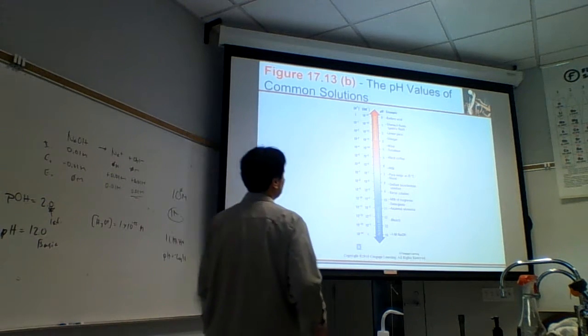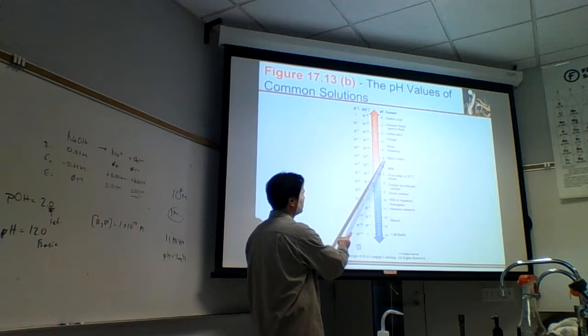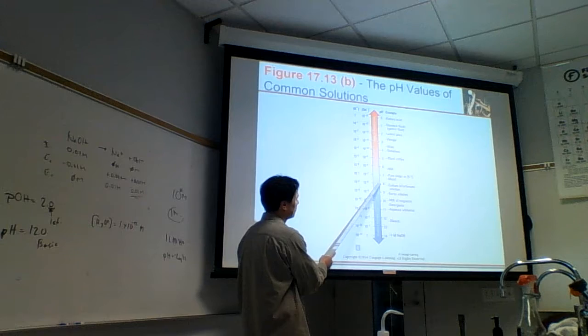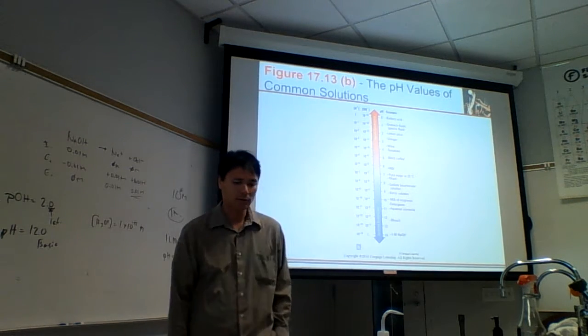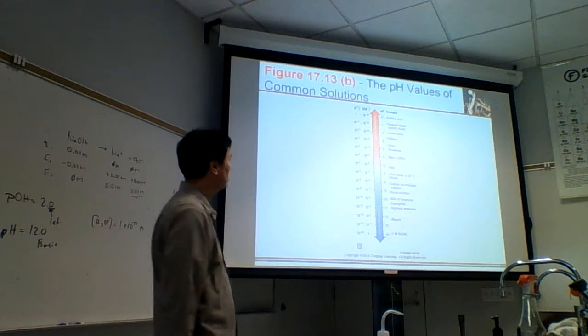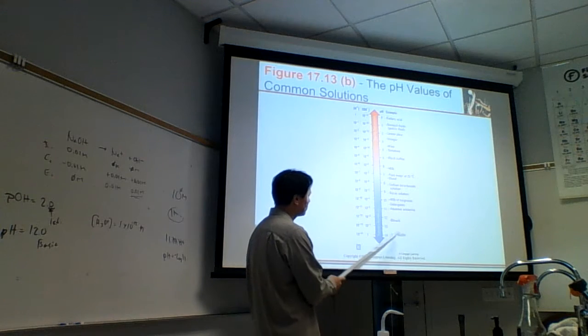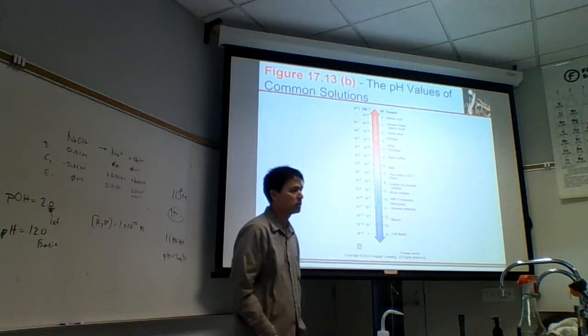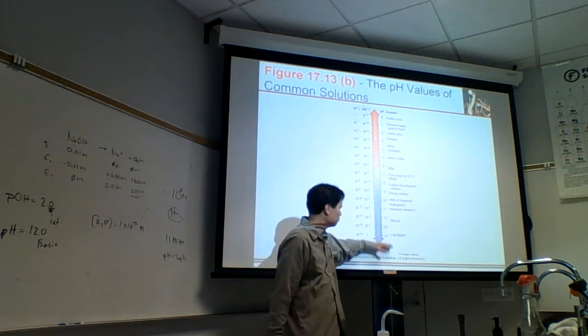But anyway, here's more things. Black coffee's fine. Blood, slightly basic. More stuff. But the most basic ones, 1 molar. We could have greater than 1 molar. We can have 6 molar sodium hydroxide. 6 molar would mean it's